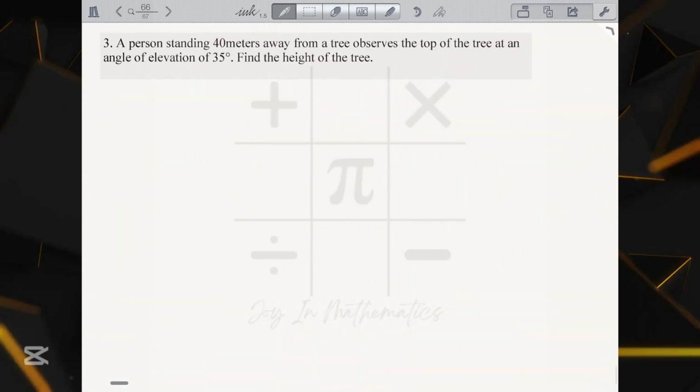Now let's say we have a tree and the person is standing 40 meters away from the tree. The person is here, B, and observes the top of the tree. This is the top of the tree, T, at an angle of elevation of 35 degrees. We are asked to find the height of the tree. And now if you look closely at this,